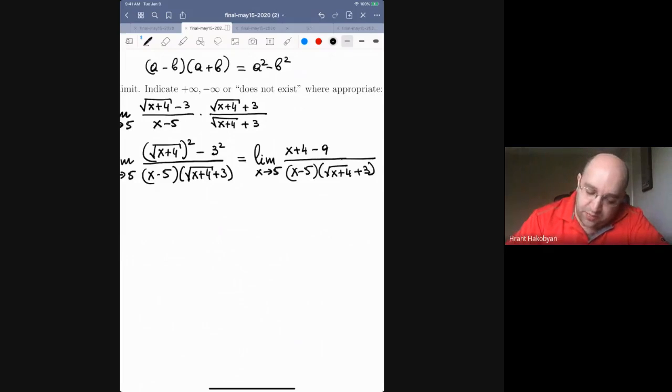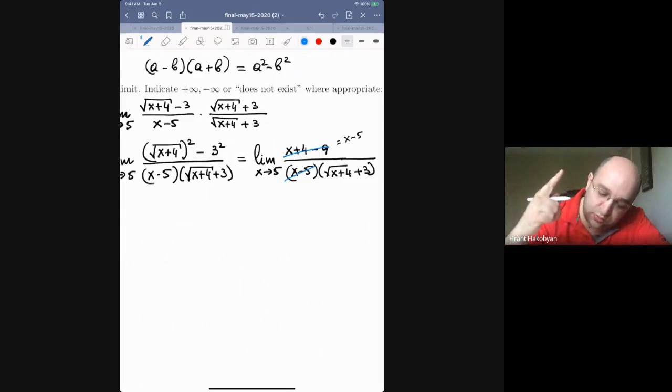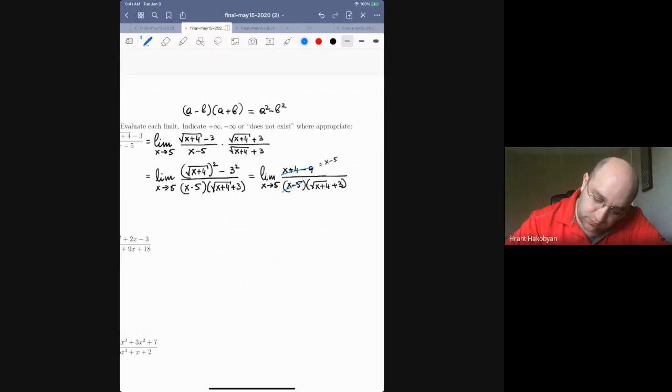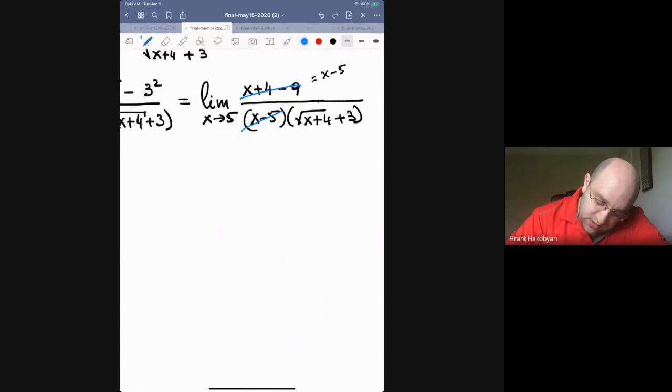So on the top, I have x plus 4 minus 9, which is the same thing as, well, this is equal to x minus 5. So what I have on the top, I have it on the bottom too. So I can cancel. So x minus 5 cancels x minus 5 on the top. So what I'm left with on the top is just 1, right? So I have that this is equal to,